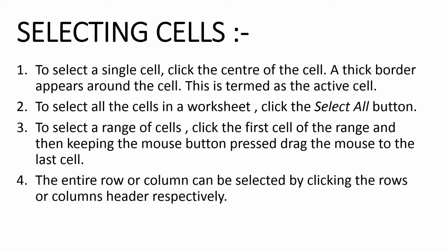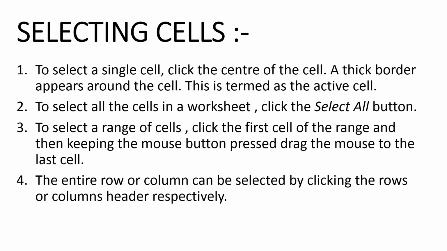The first topic that we are going to see from this chapter is selecting cells. Now in a worksheet we have the option of selecting a single cell, or the cells of a row, or the cells of a column, or a range of cells, or the entire worksheet. We can select some of the cells of a row, or some of the cells of a column, or also some required number of cells in the worksheet, or the whole worksheet. All these options are available in MS Excel.